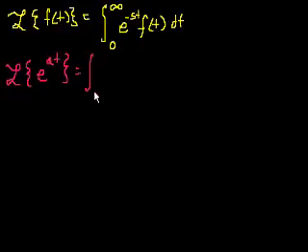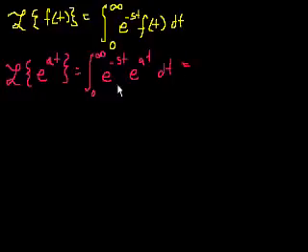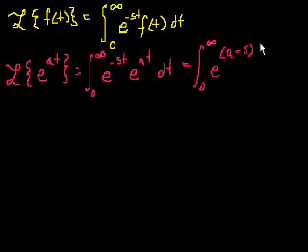So anyway, this is equal to the integral from 0 to infinity e to the minus st times e to the at, right? That's our f of t, dt. Well, this is equal to just adding the exponents because we have the same base. The integral from 0 to infinity of e to the a minus s t